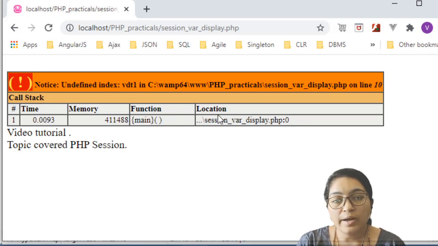I have set the VDT variable as a session variable, so if you execute it the same way, it will allow you to execute it. But if you change the variable here, you have to start the session again.